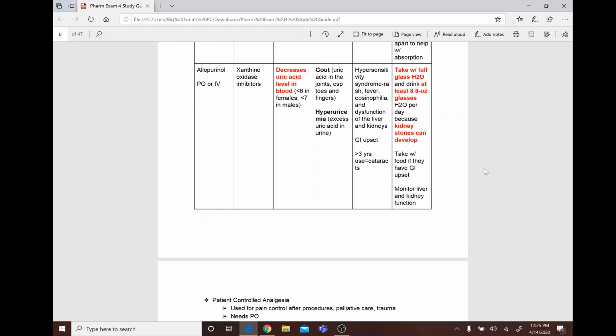eosinophilia, and liver dysfunction and kidney dysfunction. It can also cause GI upset, and if taken more than 3 years, maybe cataracts. Allopurinol, take with a full glass of water and drink at least 8-ounce glasses of water per day because kidney stones can develop, and take with food if they have GI upset, and you want to monitor the liver and